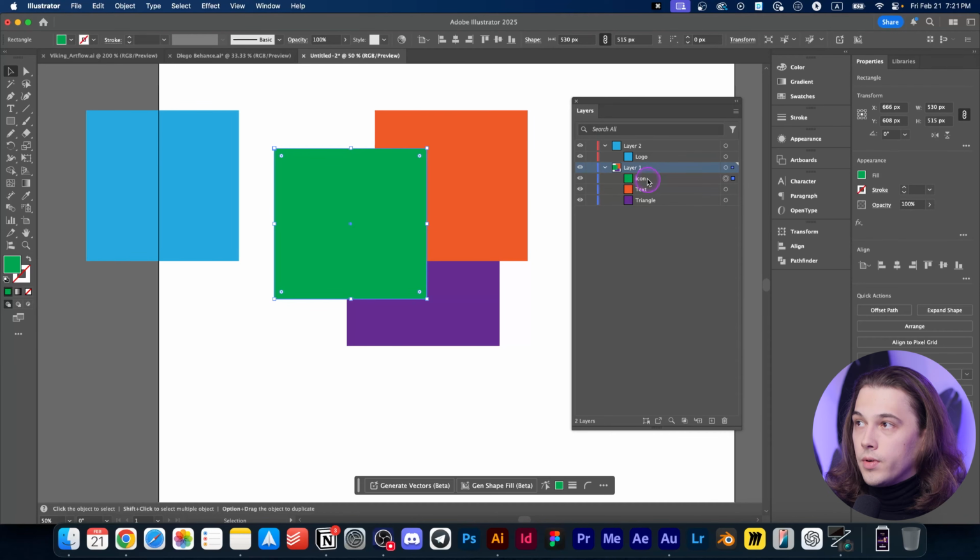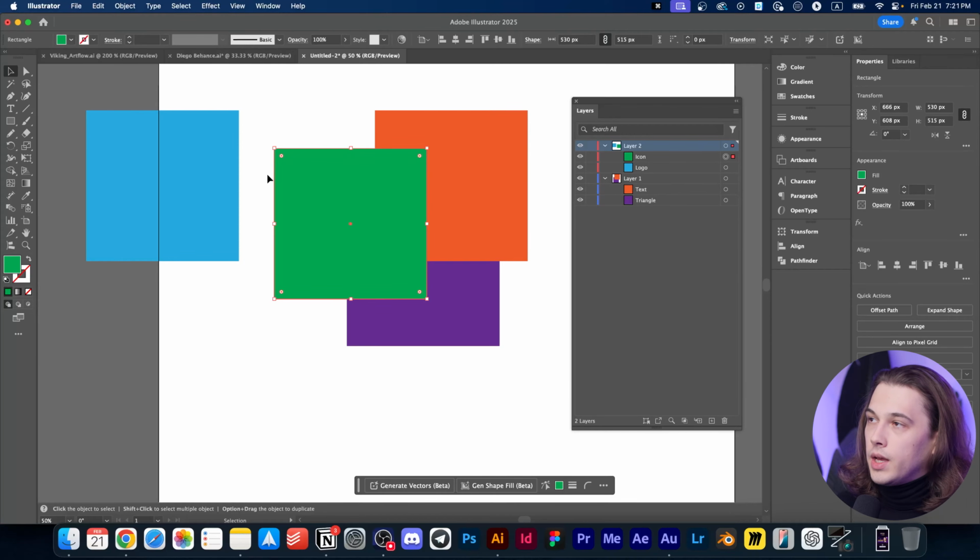And if you move, for example, this green object to layer 2, which has red color, now it became red as well. So if you see that your objects are in different colors, it means that they are placed on different layers. And this is quite important because you need to make sure that you have all objects placed into correct layers. Now, let's remove this second layer and let me show you how you can move those